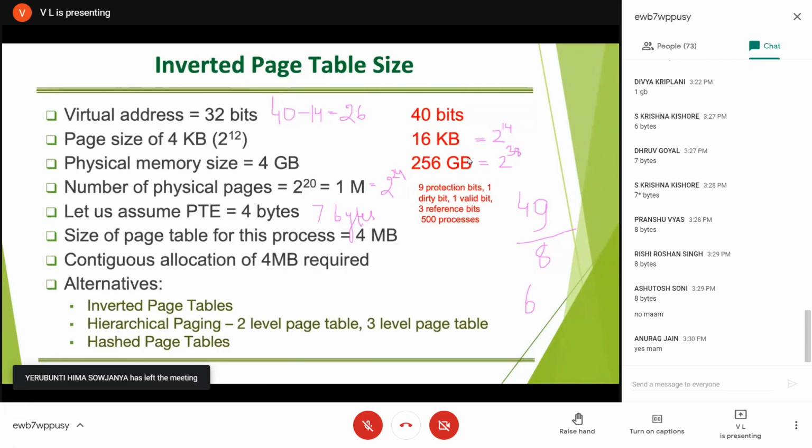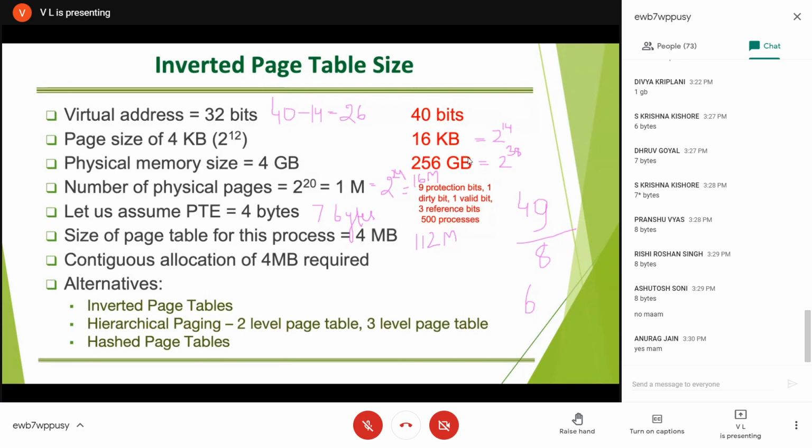So 7 bytes multiplied by 2 raised to power 24. I can write it as 16 mega, not 16 megabyte. This is not having number of units. It is a unitless quantity. So 16 mega multiplied by 7. So the number of bytes will be 112 megabytes. But if you compare it with